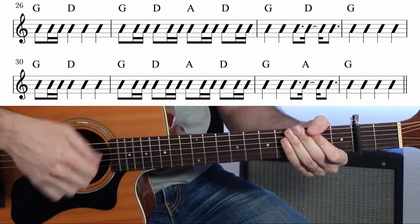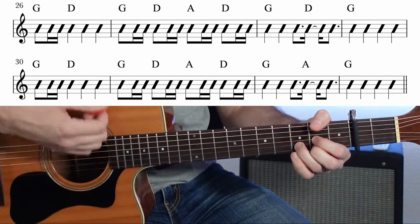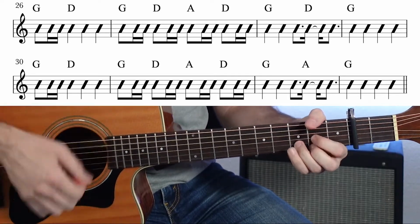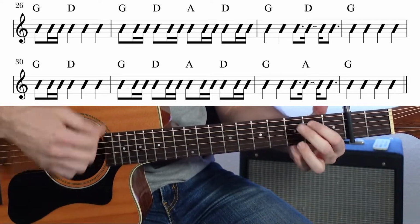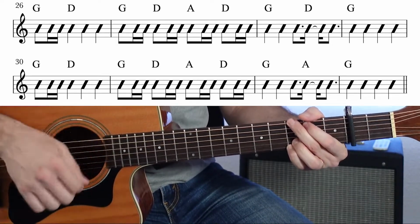And a great place to use that is when we're moving around those chords on the second measure, on the sixth measure, or even on the first and on the fourth. Look. 1 and 2 and 3 and 4 and 1 and 2 and 3 and 1 and 2 and 3 and 4 and 1 2 and 3 and 2 and 3 and 4 and 1 and 2 and 3 and 4 and 1 and 2 and 3 and 4 and 1 2 and 3